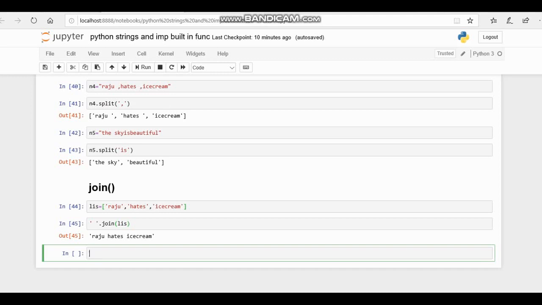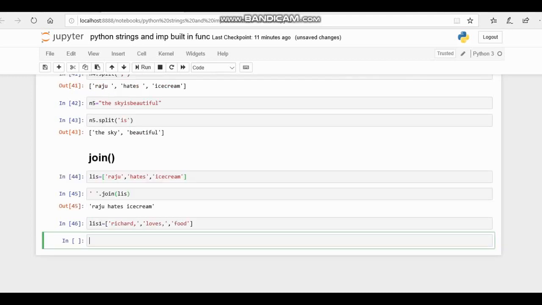Let me give another example for the join function. List1 equal to Richard, loves, food. This is an example I am giving. And I am adding a comma here. So let us run this.